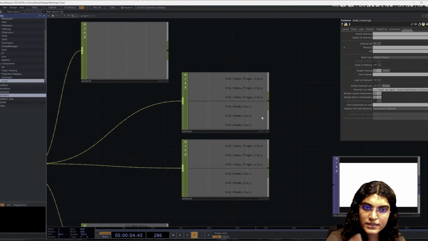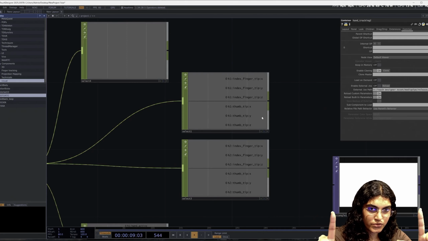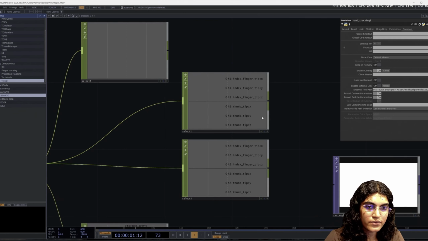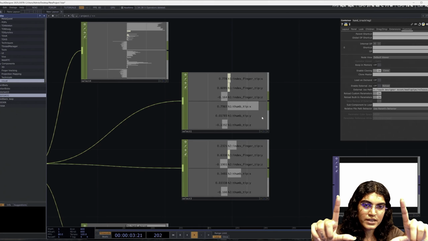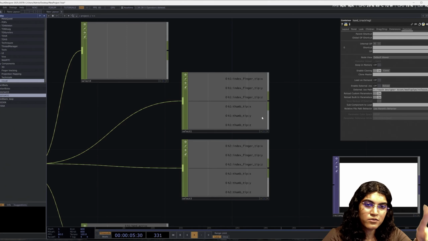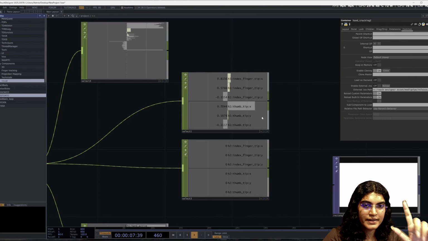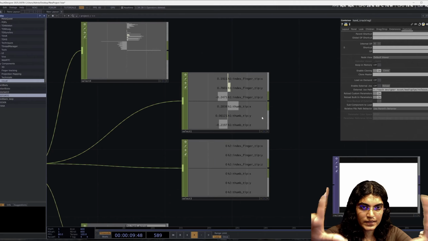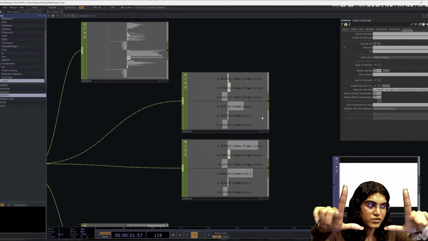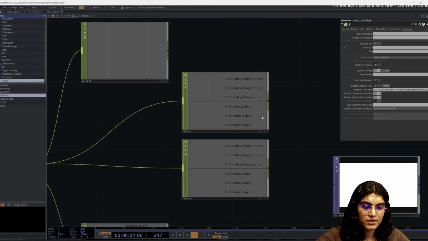So we need the index and the thumb for H1 and the H2. So H1 will always be the left, if you are bringing both your hands together. In case you're just bringing one, then it's gonna be the hand that is in the frame basically. But if it's together, it's always gonna detect the left as H1.